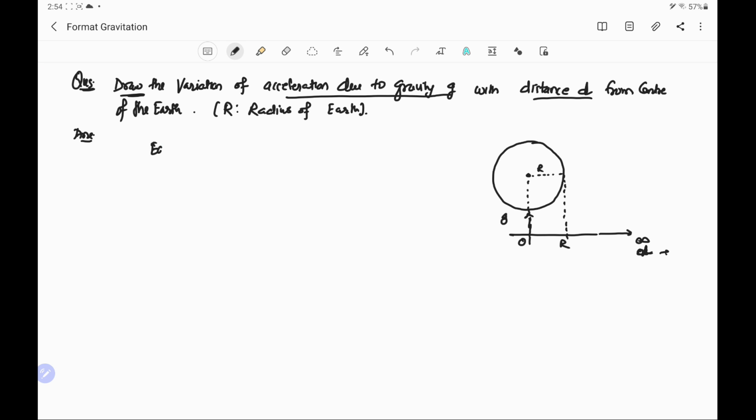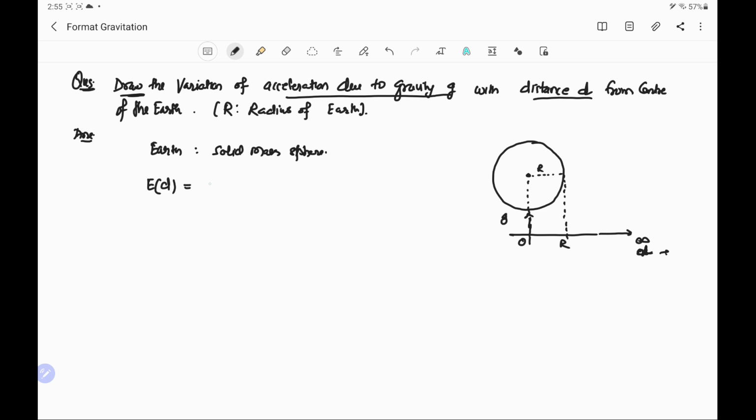Earth can be treated as a solid mass sphere. We will discuss this in detail in the gravitational field topic. Here we have to remember that E(d), where d is the distance from the center,